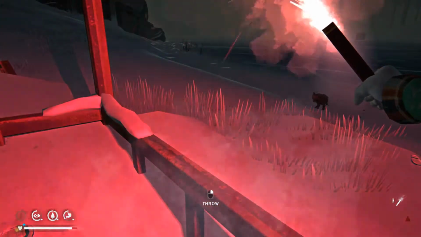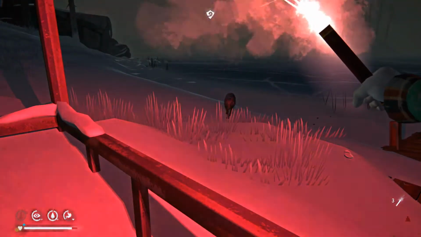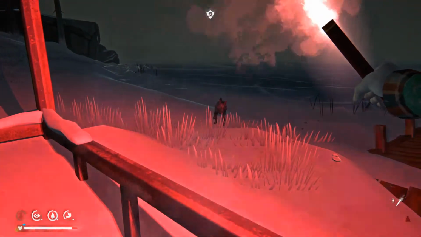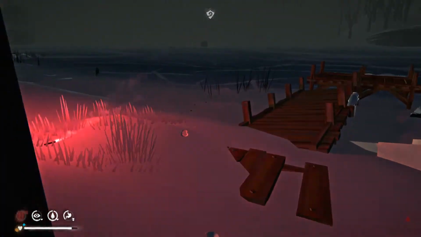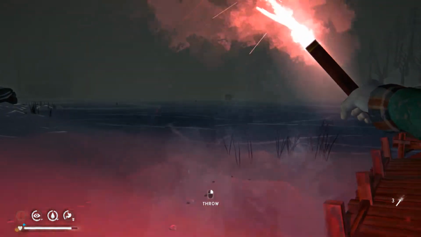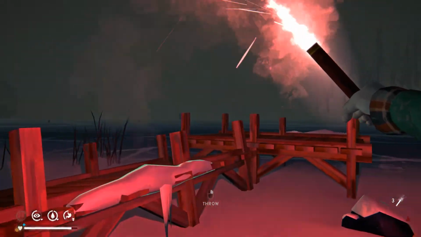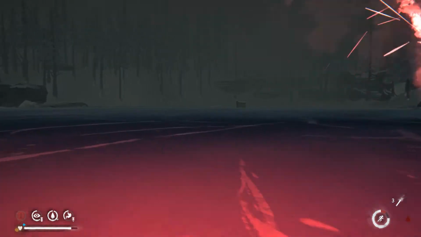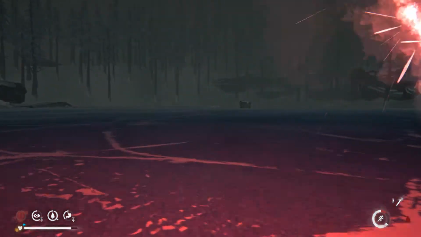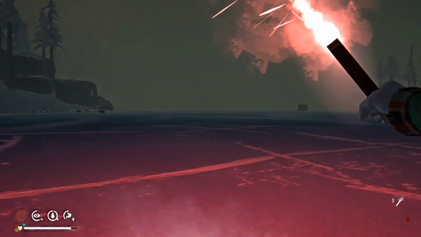Hello, wolf. I don't think you can get me here. Okay, that scared that one off. But we're attracting the other one. Both entered stalking mode again. Okay, I've got myself in a little bit of a... I dropped my guard a little bit because this isn't full...